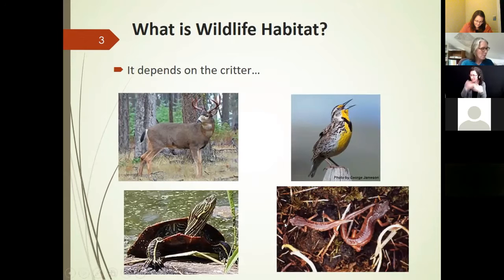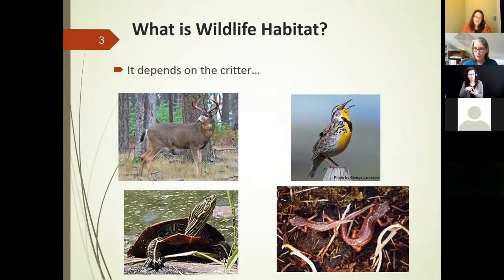Okay, so what is wildlife habitat? Well, it really depends on the critter in order to define what habitat is, because every critter, every different species of wildlife has and uses different types of habitat. They have different requirements. So for example, here in the slide, I've pulled out 4 species. Black-tailed deer are what we would call habitat generalists. They use a variety of different types of habitats to meet their life requisites. Whereas Western meadowlark, the singing bird, our state bird,